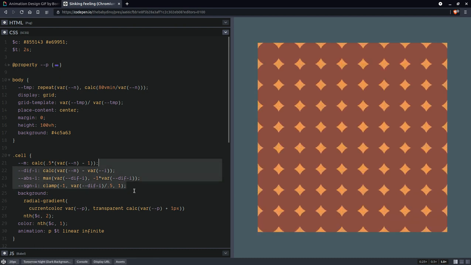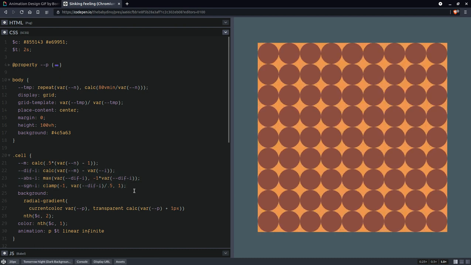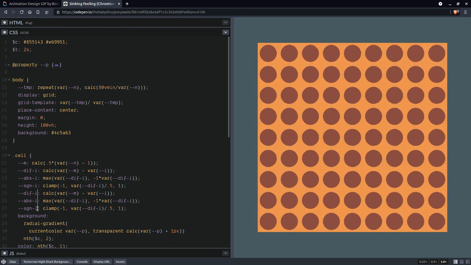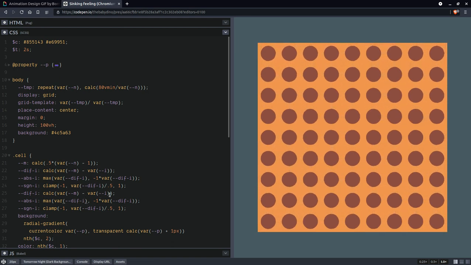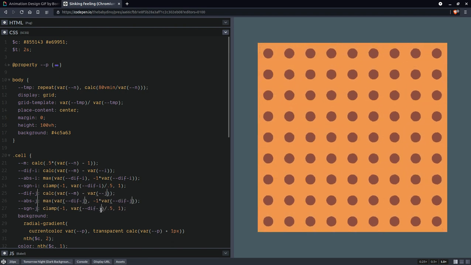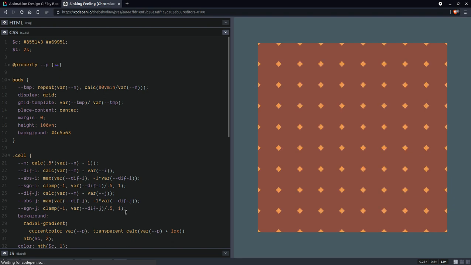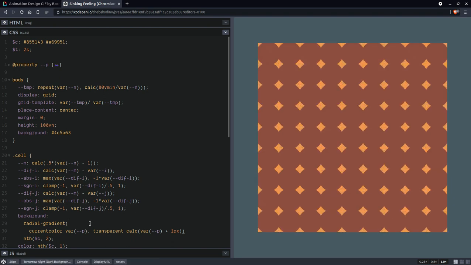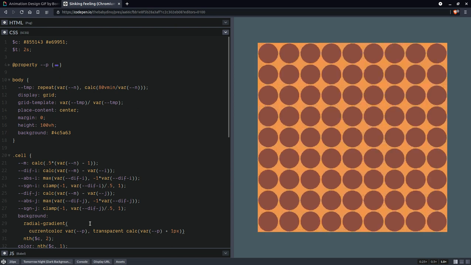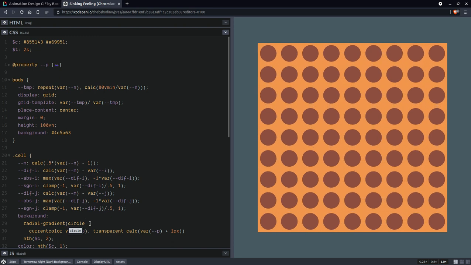Now we're going to do the exact same thing for the rows, except we change the index, because the column index is i and the row index is j. So we change i into j everywhere here. Okay, now having done this, we are going to use those signs to compute the center of those circles first off. So we're going to have circle right here